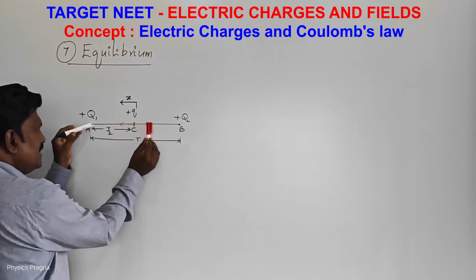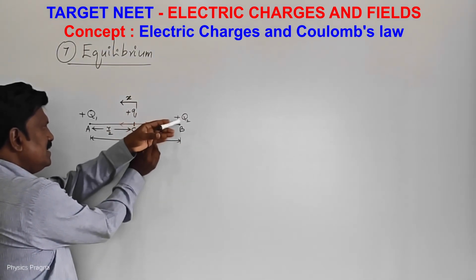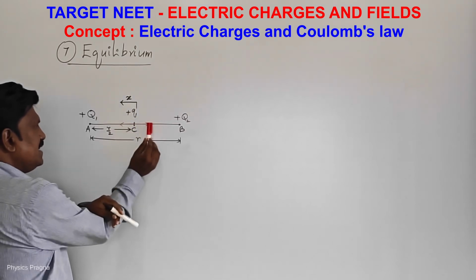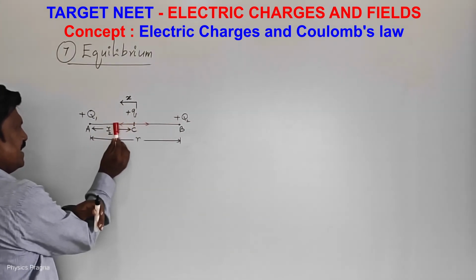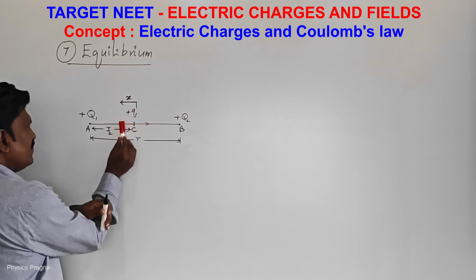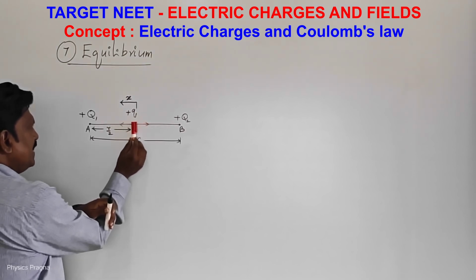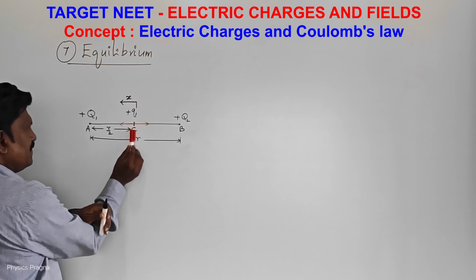When this charge goes to this side, it comes near to plus Q2. This is also plus, this is also plus. Like charges repel each other. Because of repulsion, it goes in this direction. Like this, it oscillates,